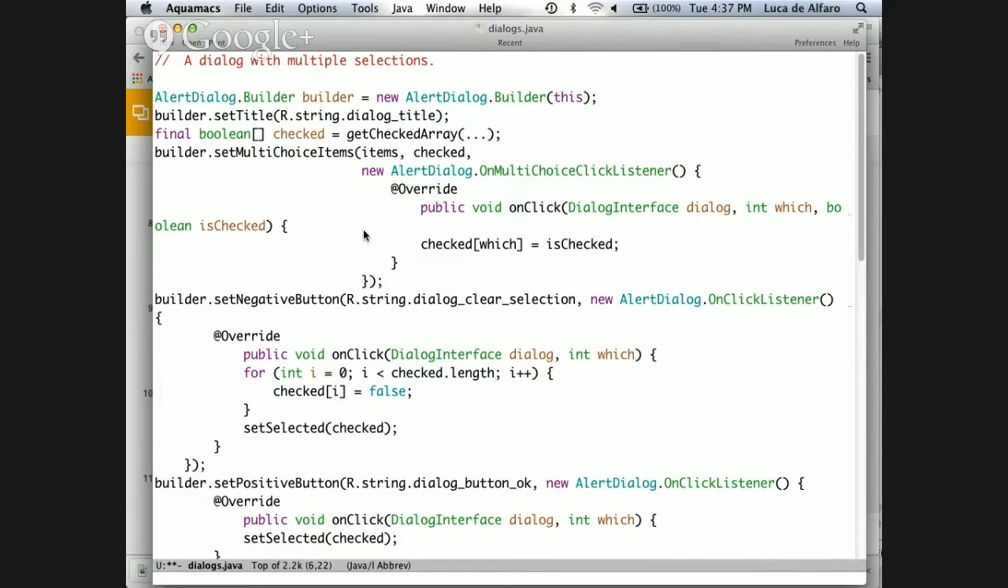So we keep this final boolean checked, which is an array of booleans, and they say get checked array just because you usually get it from somewhere, right? You need to, for example, read your own preferences or otherwise come up with the initial state. So that's why I wrote this get checked array. Then you say builder set multiple choice items, in which you give it items,